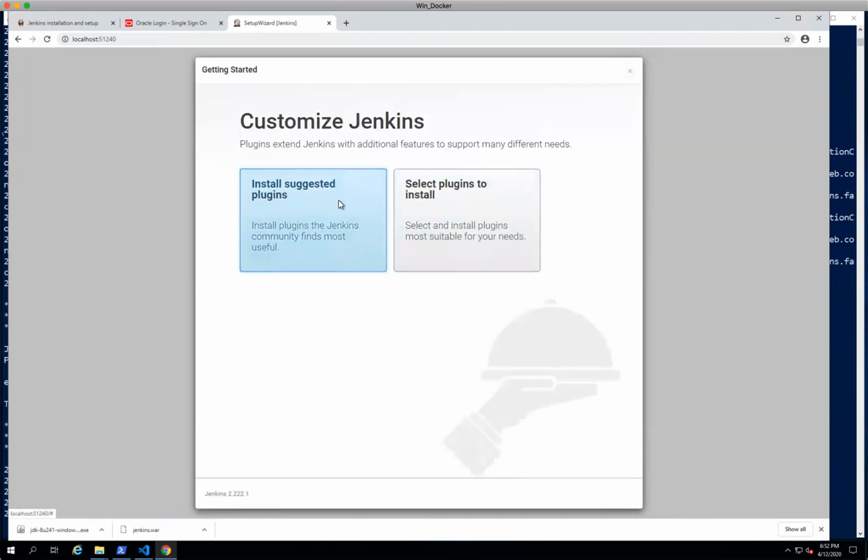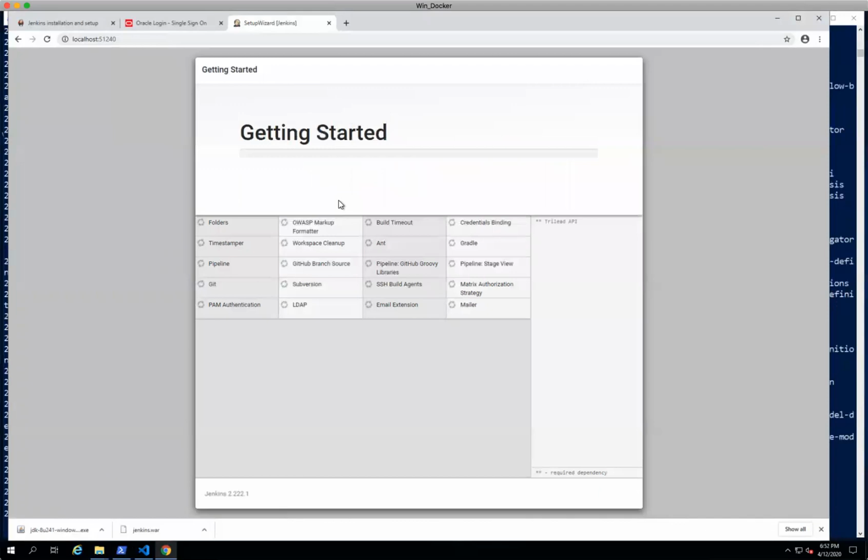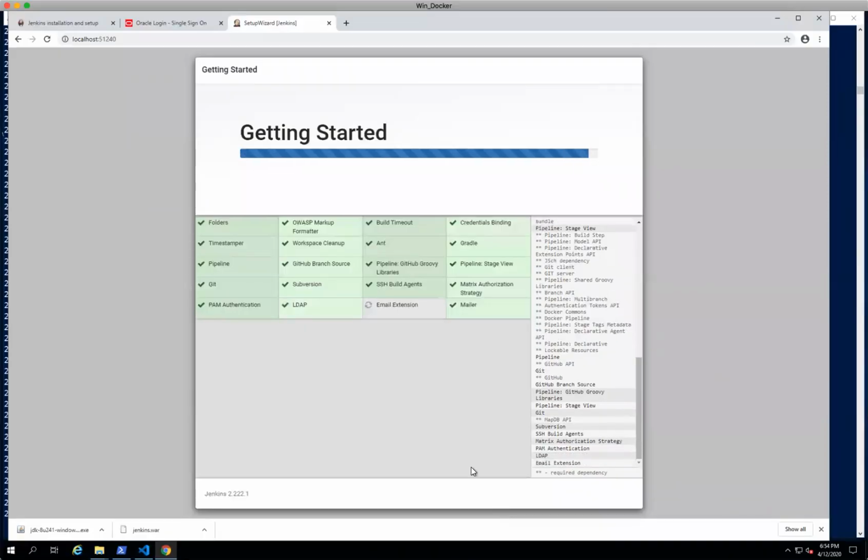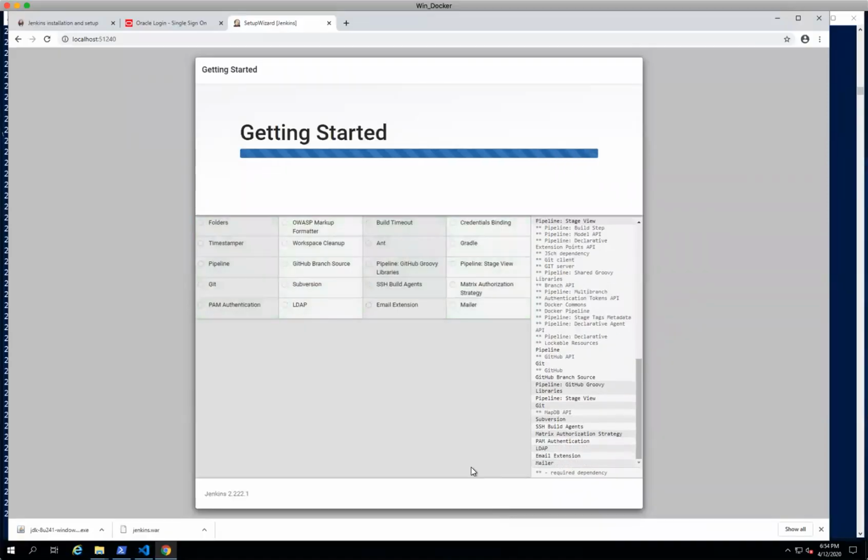And install suggested plugins. It will take time. I will pause the video here and then I'll come back once it is done. All suggested plugins are installed.